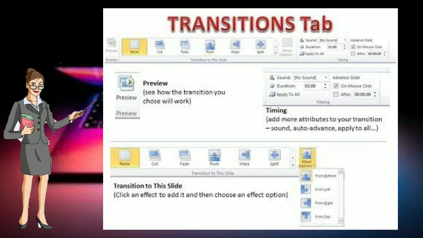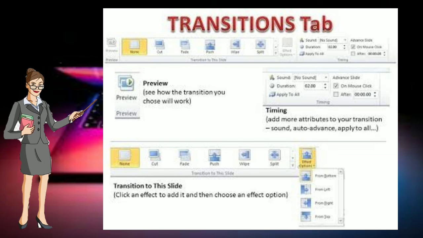You can give sound also. Apply to all option is also there. Means for more than one slide you can give sound effects also. Now timing means how you will do your presentation, how you will do the slideshow: on mouse click and automatic.